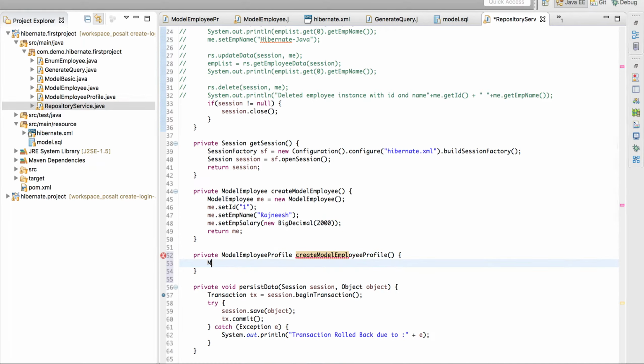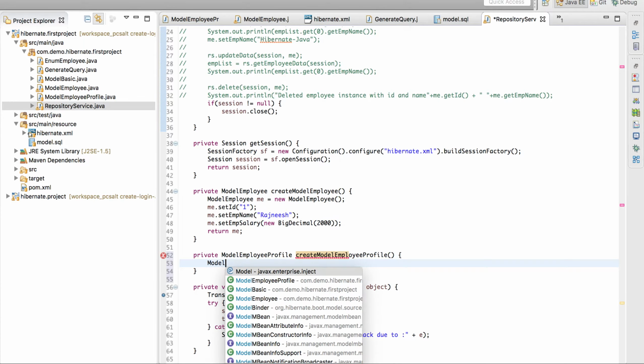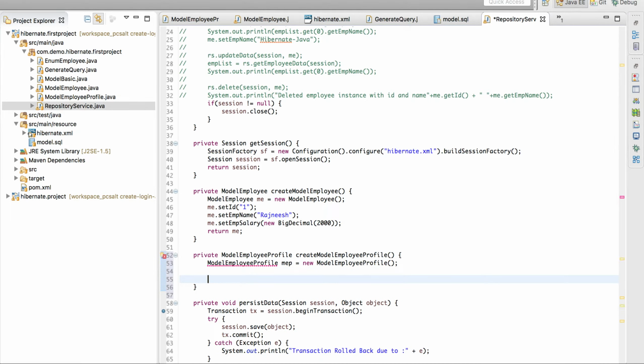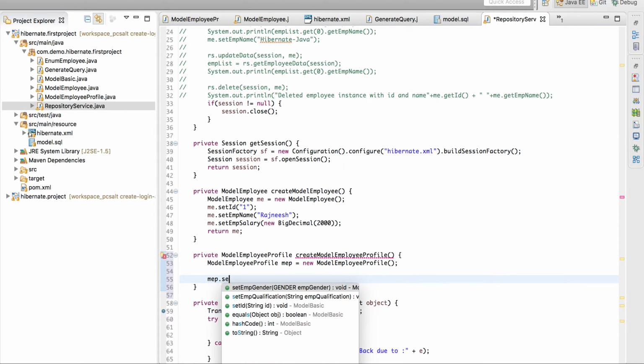Under that I'm going to create model employee profile instance, map new model profile instance, and here I'm going to write map.set